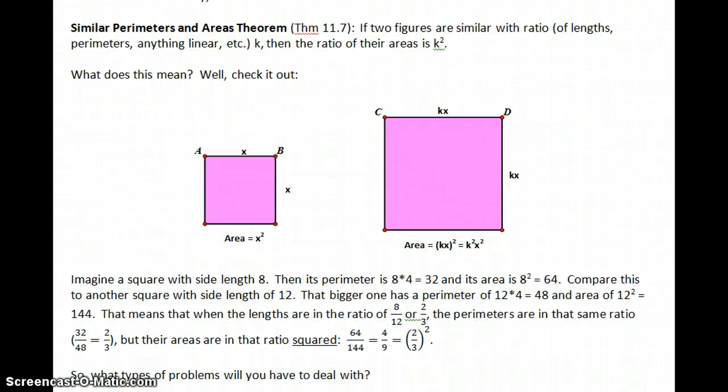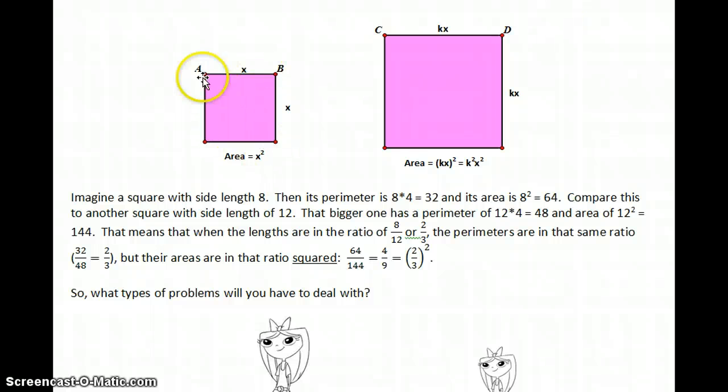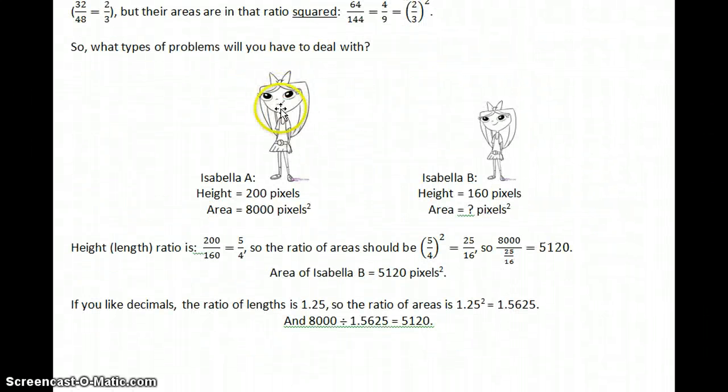I have a little example here in the notes that if these sides were 8 and these sides were 12, well then this area would be 64, this area would be 144. That's not just 150% of this one. I mean, 8 to 12 is like 2 to 3, or like, this is 150% of this. 2 to 3 in length becomes 4 to 9 in area. In other words, I've got to square that ratio to figure out what this area is. What's kind of powerful about that is then you can find ratios of things you have no idea how to